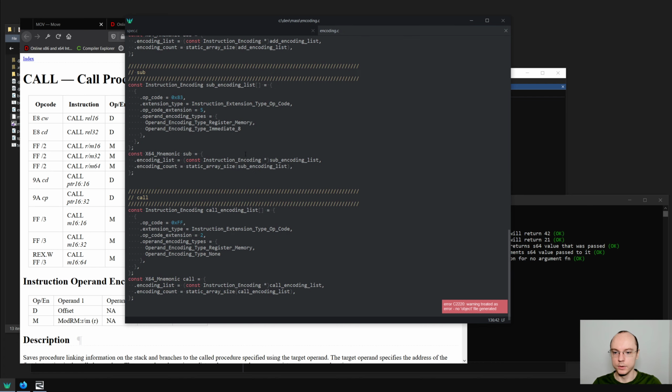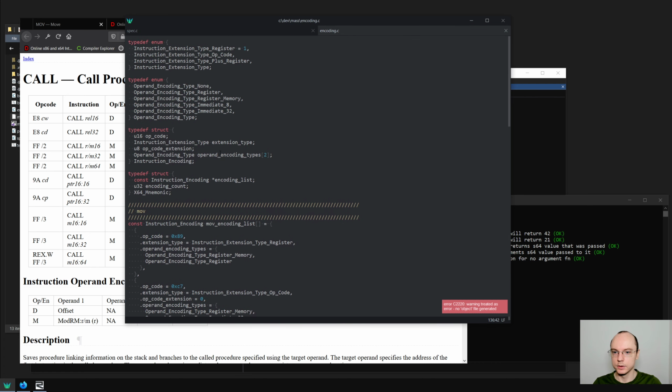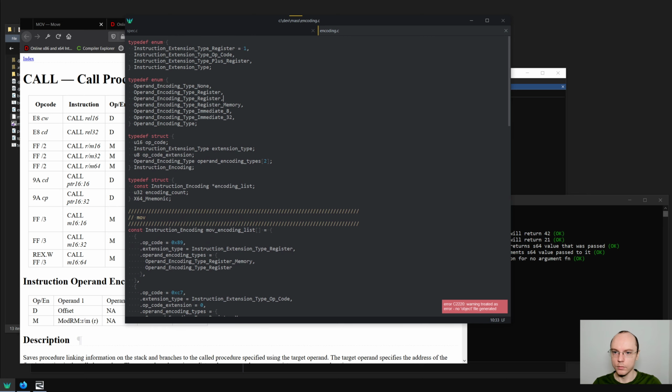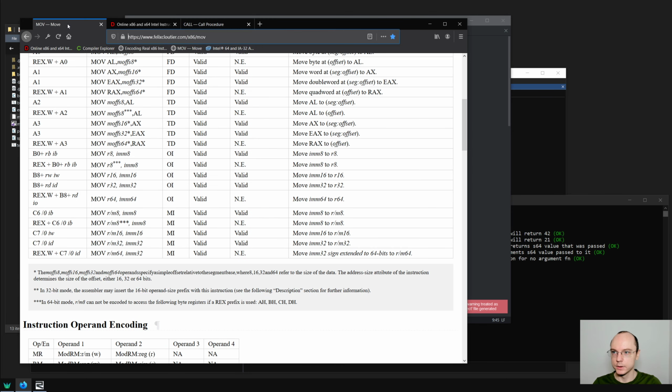But one thing that we will need to implement is this new encoding type. And we say that it's called opcode plus register. So the way that works is